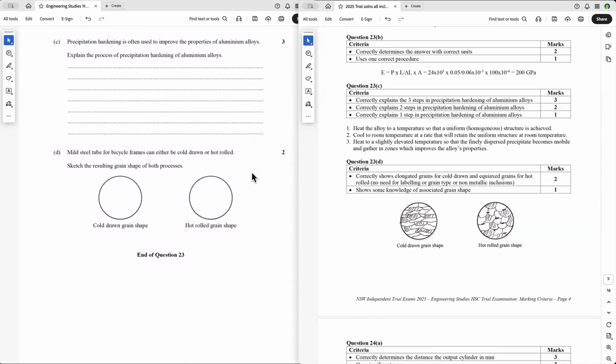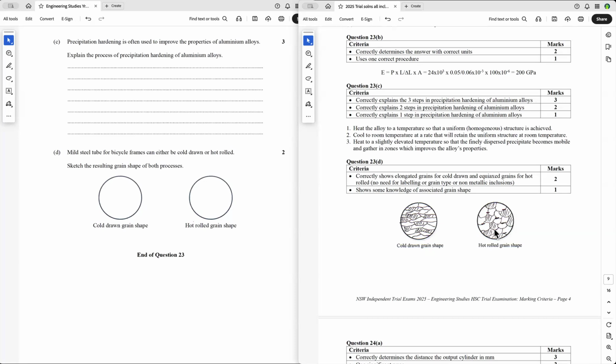D, mild steel tube for bicycle frames can either be cold drawn or hot rolled. Now, when you show cold drawn, you've got to make sure that you show elongated grains. And that's called grain flow or grain fabric. And it's like timber, it's stronger in the direction of the grain flow. And hot rolled, you've got to show equiaxed grains, and these are